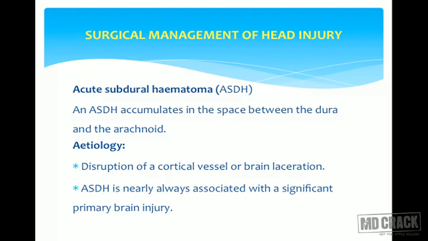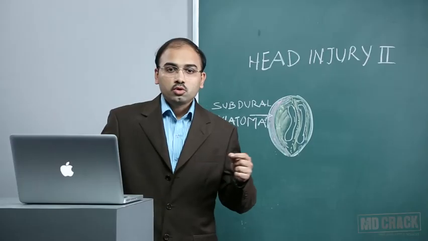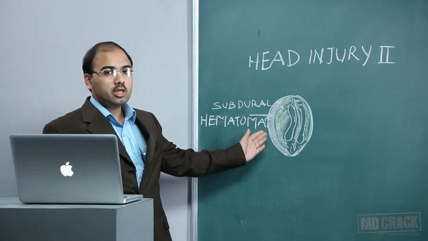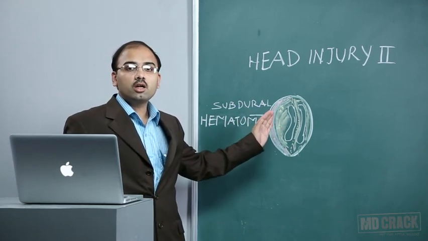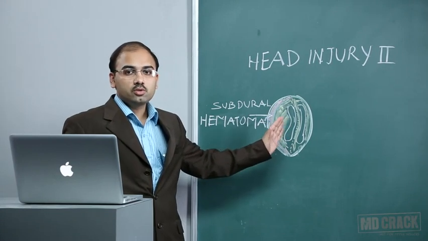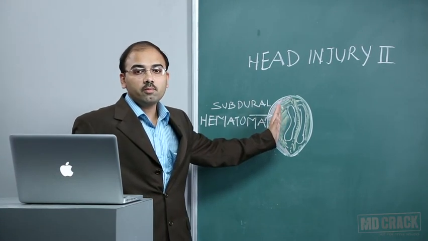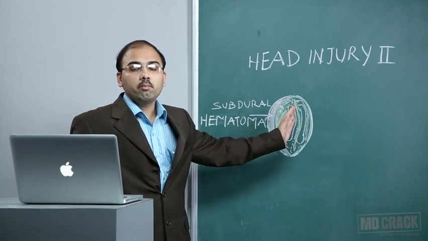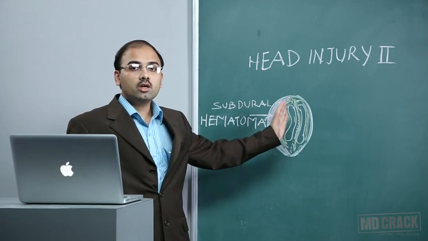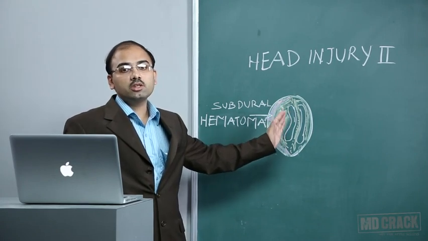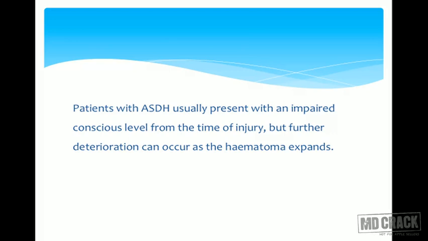Acute subdural hematoma is nearly always associated with significant primary brain injury. So many times you will get these subdural hematomas associated with underlying brain contusion or underlying diffuse axonal injury. There may be shift of brain parenchyma to the other side with a massive increase in intracranial pressure. Many times it is associated with uncal herniation and its immediate effects. Patients will present with impaired level of consciousness from the time of injury, but further deterioration can occur as